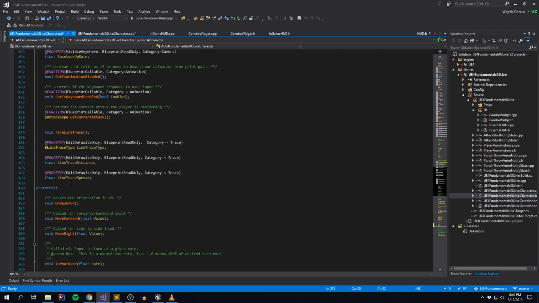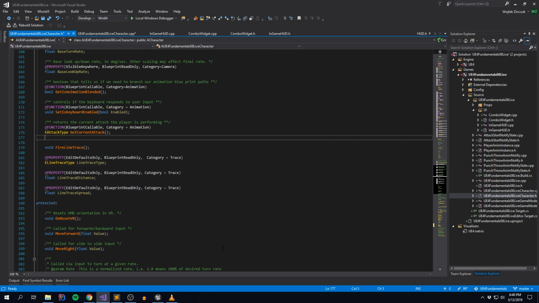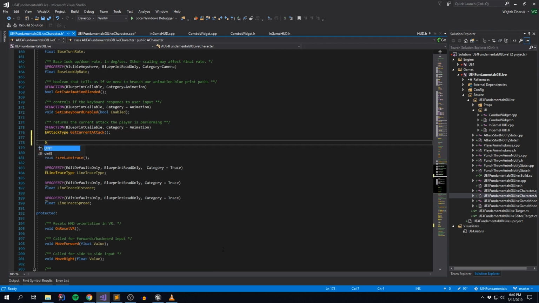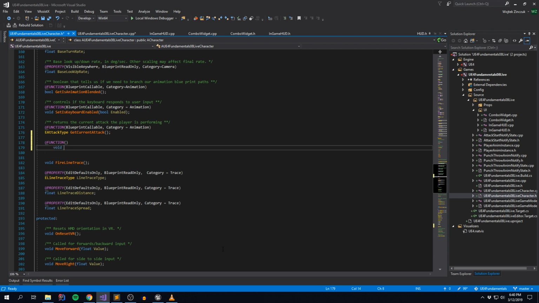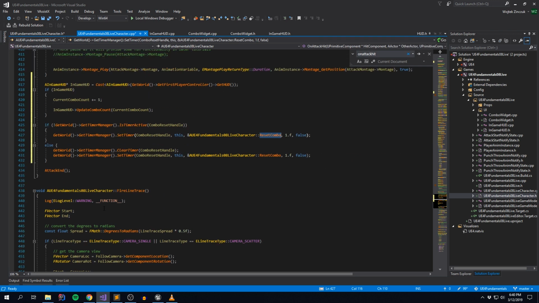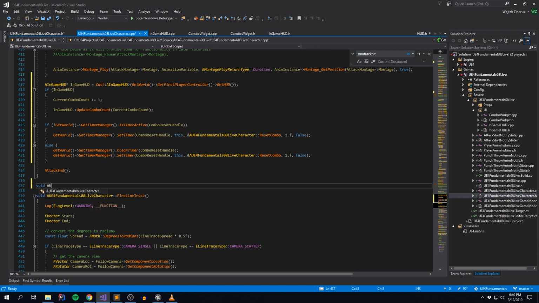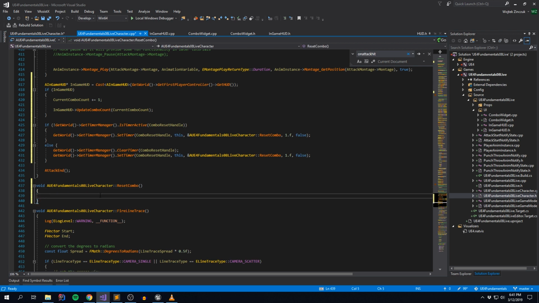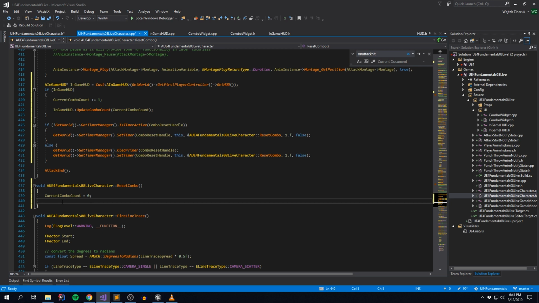We'll make it public. So we're going to say UFUNCTION and just reset combo. Let's go back to our player character, and I'll do it right below this. Okay, and there's reset combo. What reset combo is going to do is a couple of things. By default, it's going to reset our current combo count to 0, and it's also going to make a call